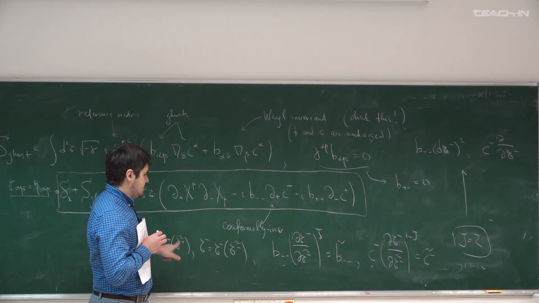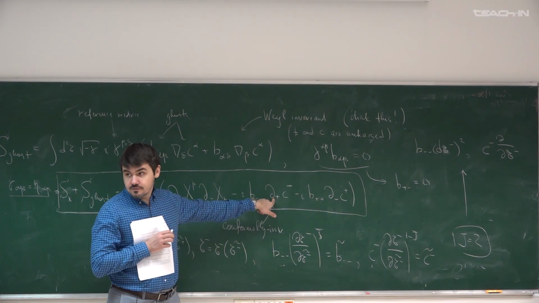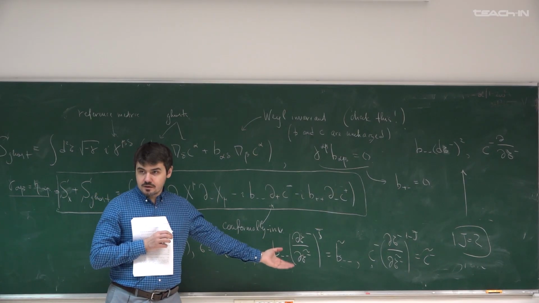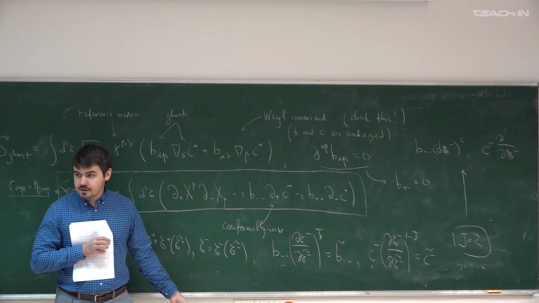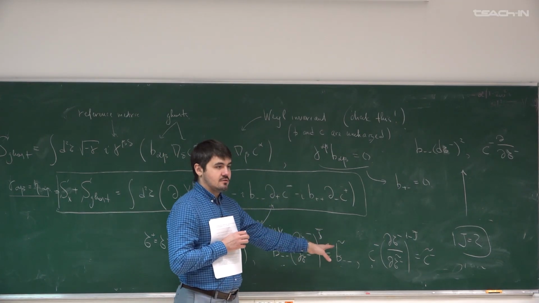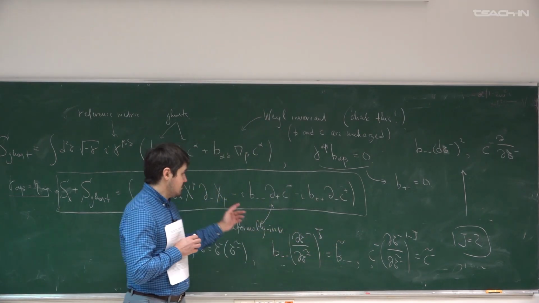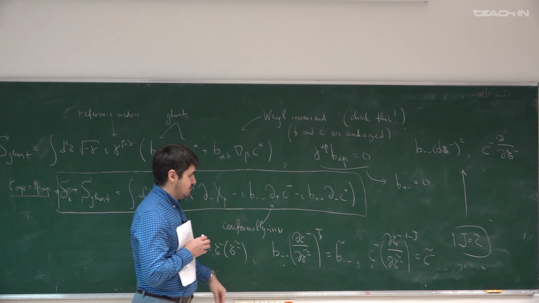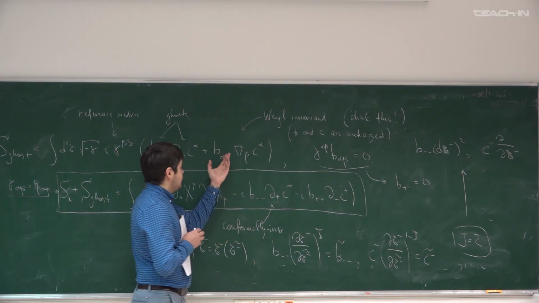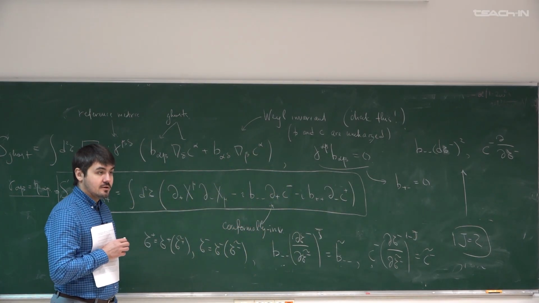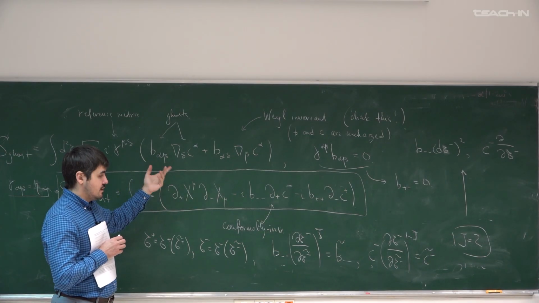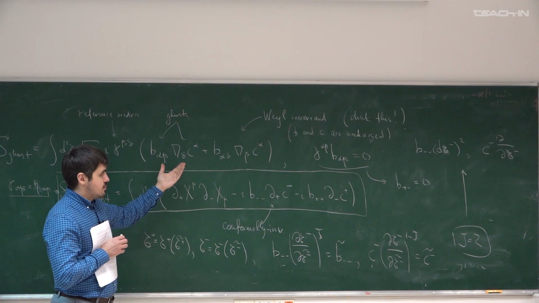d sigma plus over d sigma plus tilde cancels against the derivative. And the sigma minus over the sigma minus tilde has to be cancelled by the transformation properties of the fields, right? And how we redistribute these weights between C and B is actually kind of undetermined from the form of the system. But it is determined from the physical input that these actually come from tensors on our manifold. And the fact that these are tensors of, for example, rank 2 has to do with the fact that, remember,